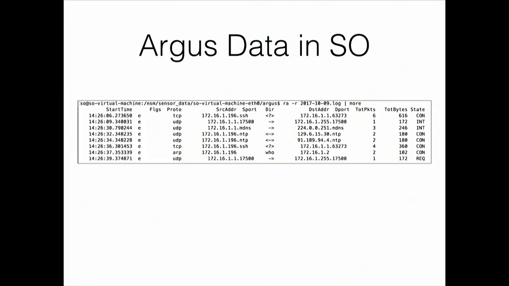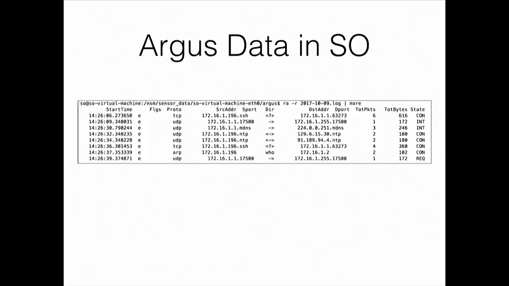So there's what it looks like. Here's a very simple one where I just did ra -r, just the name of the file, and that's it. And then, because it was too long, I just sent it through more to keep it on the screen, and here's the first few lines. So it gives me a timestamp here, which looks like just the time of day, not the date. Then some protocol, source address, source port, and since I didn't put in a -n, it's taking the numerical source ports and turning them into things like SSH and MDNS and NTP, and then destination port,